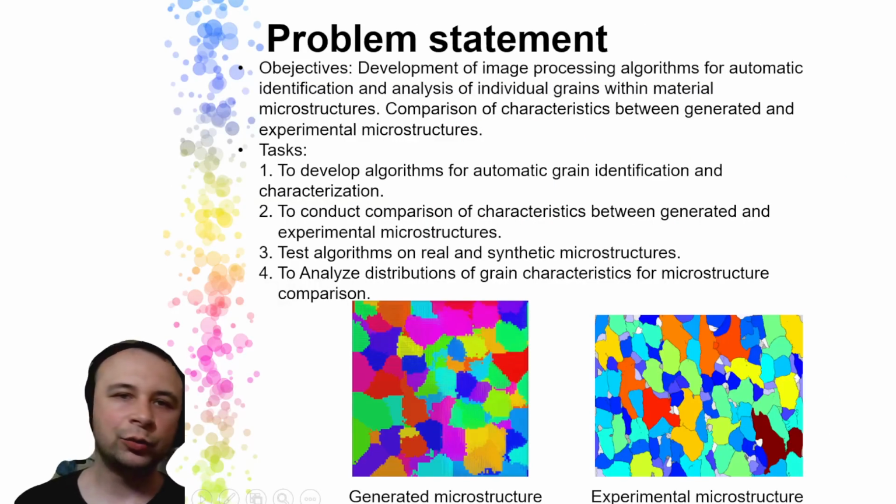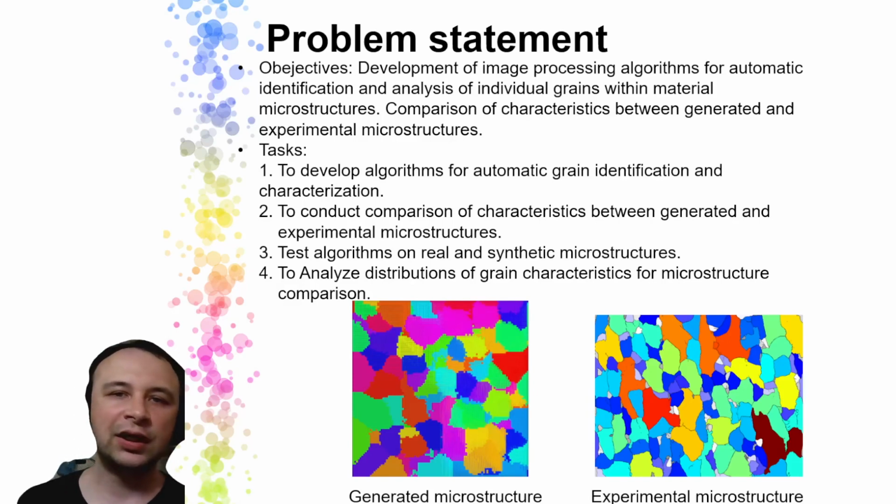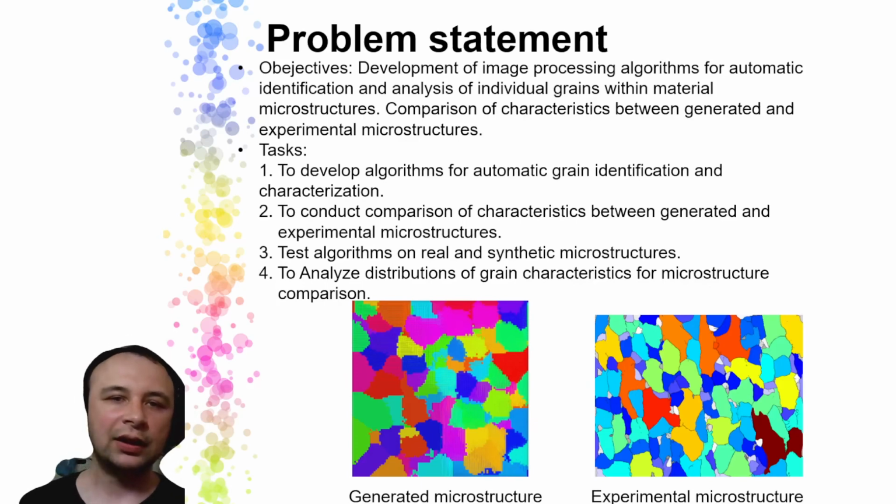The main problem is to develop an image processing algorithm for automatic identification and analysis of individual grains within the material microstructures, and comparison of the characteristics between generated and experimental microstructures. These objectives lead to the next tasks: to develop the algorithm for automatic grain identification and characterization, to conduct comparison of characteristics between generated and experimental microstructures, to test the algorithm on real and synthetic microstructures, and to analyze the distribution of grain characteristics for